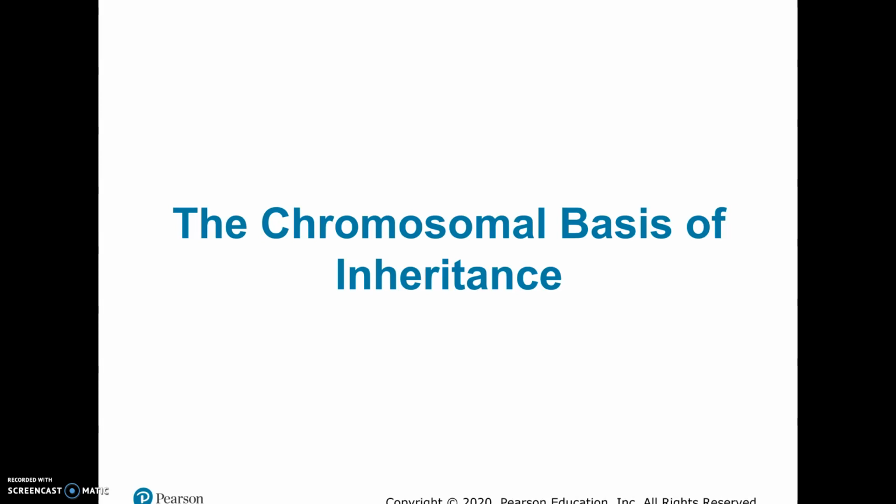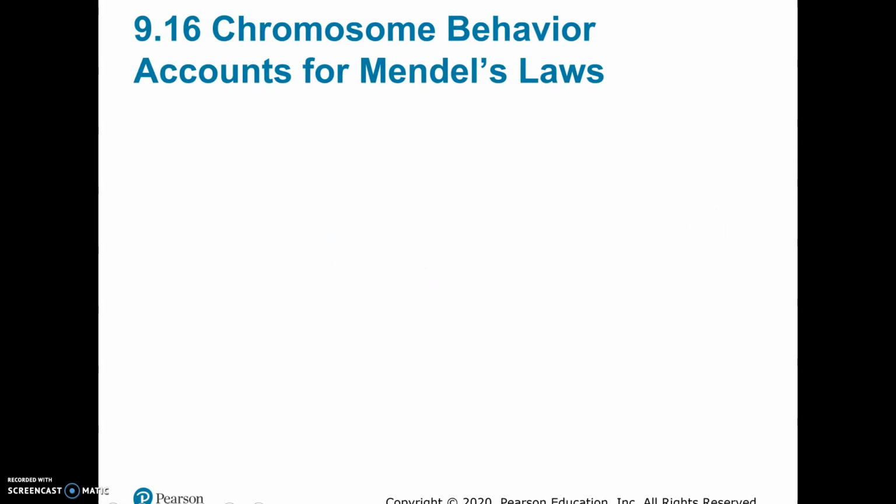Today we're going to start talking about how chromosomes are related to genetics. So Mendel didn't know about chromosomes or meiosis. Everything that he came up with was based on the phenotypes of the offspring in his pea plants. So when he came up with his principles and he said there were certain characters that masked other characters, and he also said that one parent would give one copy even though they had two copies of each character, he didn't know that those characters were called genes and they were on chromosomes and that they were separating during